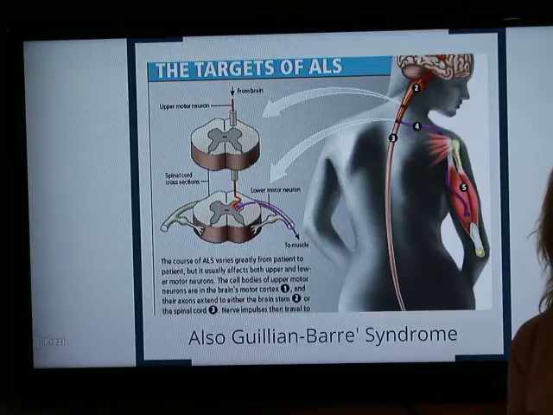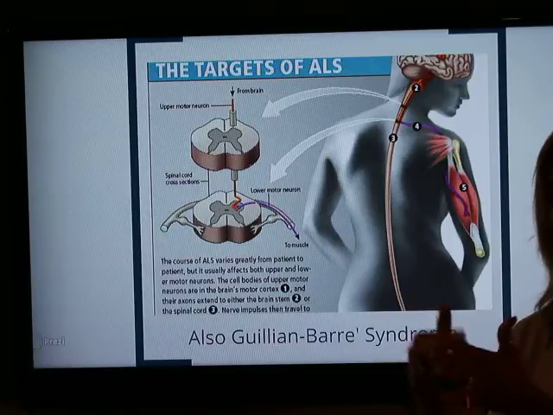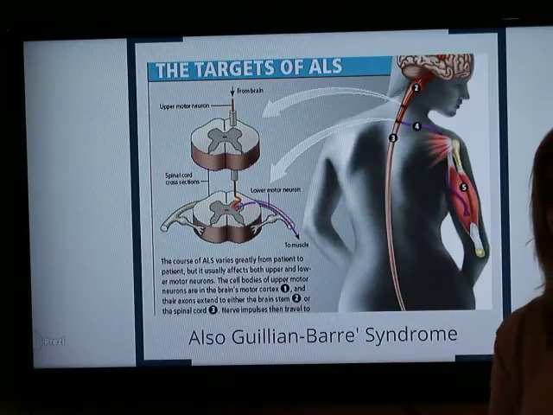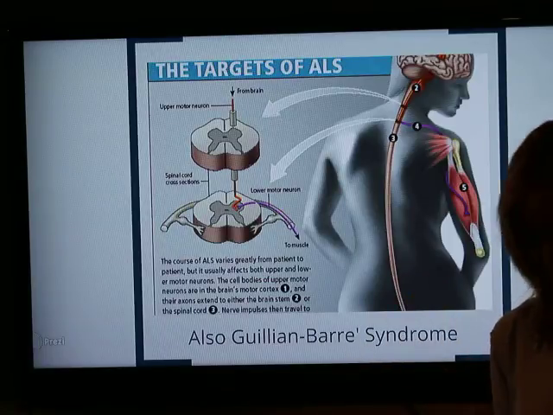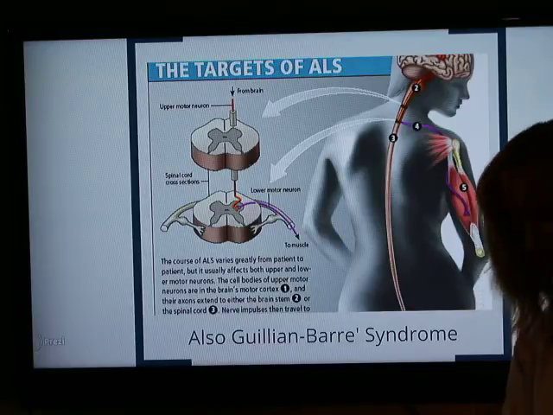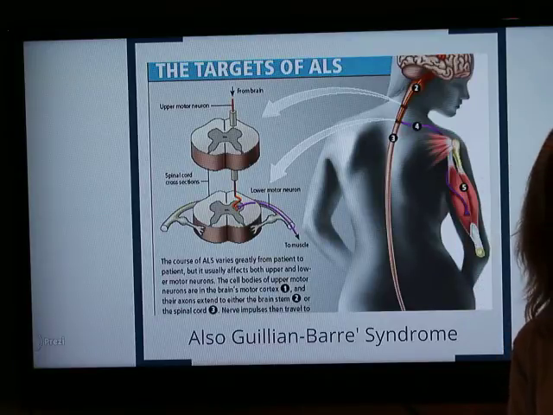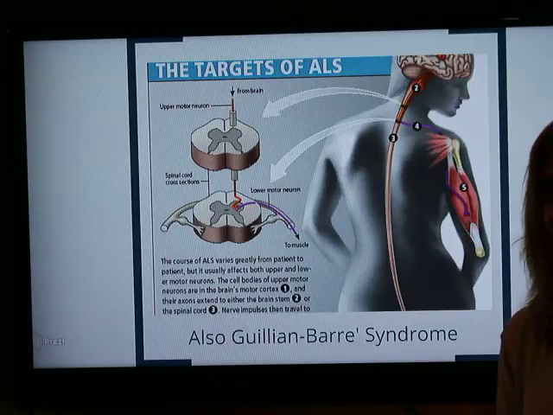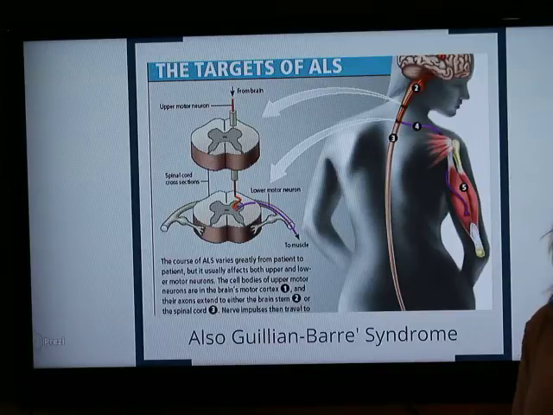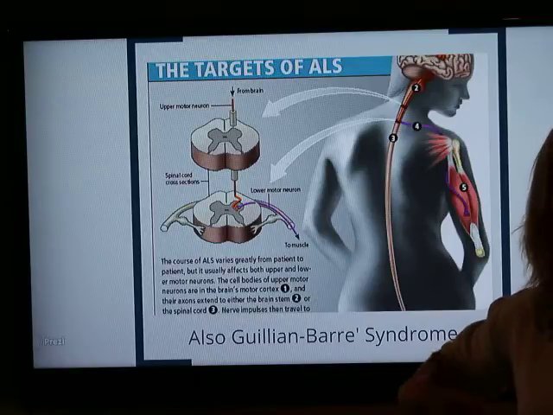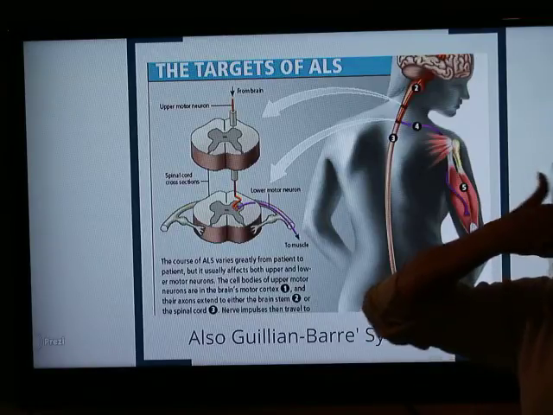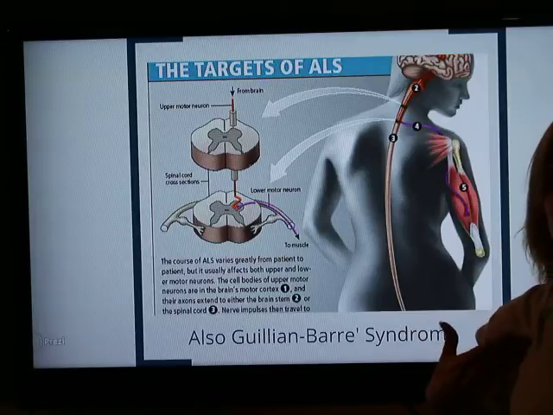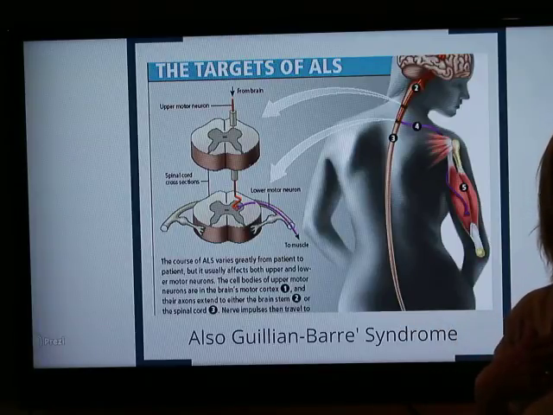So the patient will have a virus or some kind of an illness, and then anywhere between 2 and 6 weeks after, they start developing this unusual syndrome where they start getting weak and numb, with an inability to move, and it'll start in their feet and then it works its way up and it completely paralyzes the person all the way up. The problem is when it hits the respiratory system, it paralyzes the lungs, so the patients have to